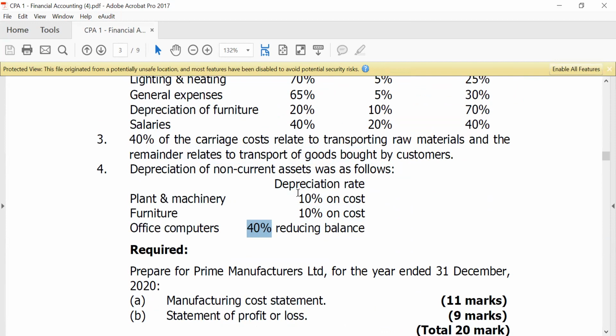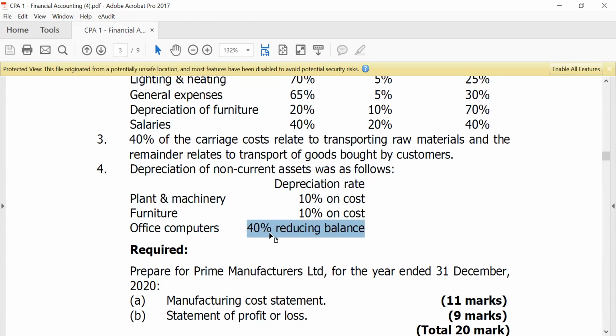So these are the rates that we are going to use for depreciation. When they say on cost, we say that this means that we are going to use the straight line method of depreciation. The same thing also happens with furniture. When they say 10% on cost, it's still us going to use straight line depreciation. When they say 40% on reducing balance, definitely we know very well that the 40% will be subject to the